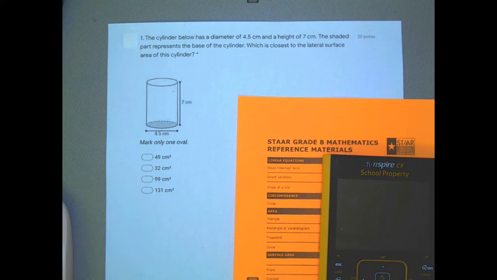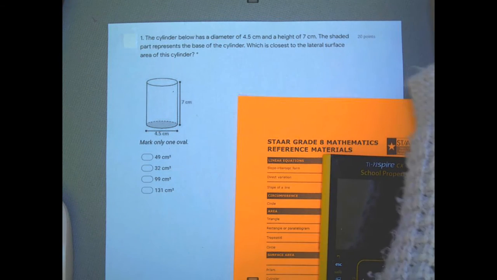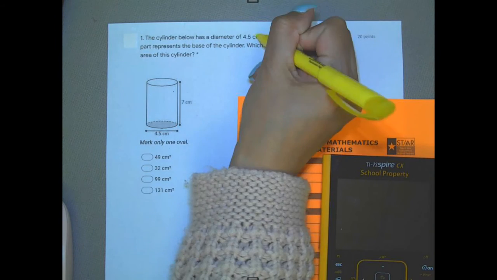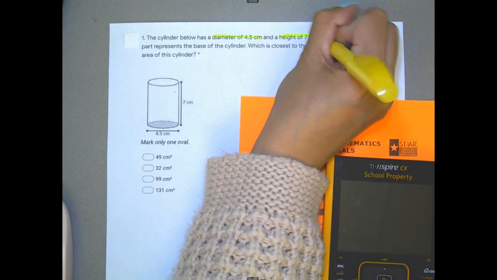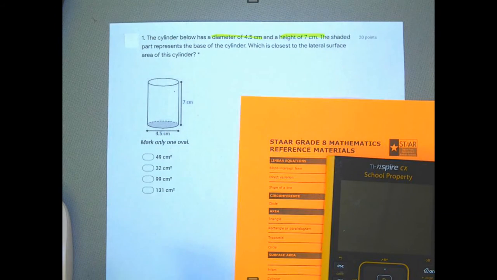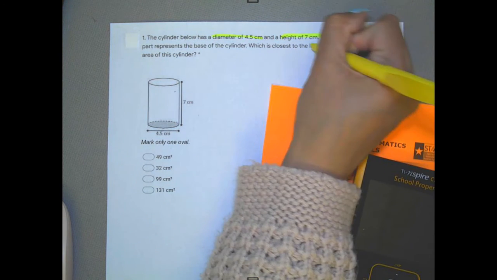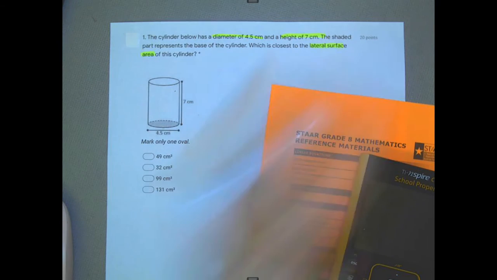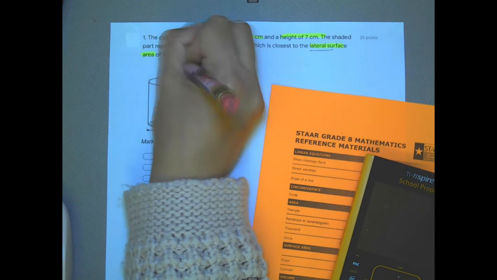All right, guys, so we're going to go ahead and work problem number 1. It says a cylinder below has a diameter of 4.5 centimeters and a height of 7 centimeters. The shaded part represents the base of the cylinder. Which is closest to the lateral surface area of the cylinder? So now that I know that I'm looking for the lateral surface area on my cylinder, I can go to